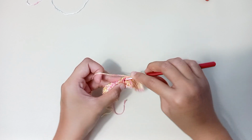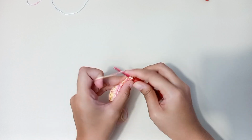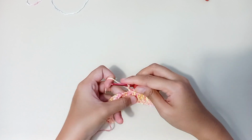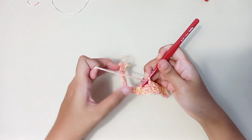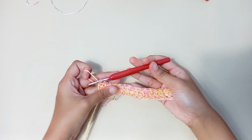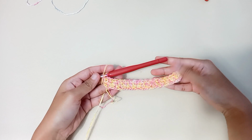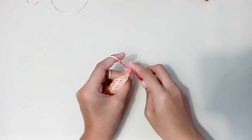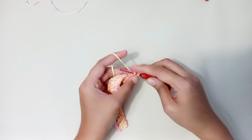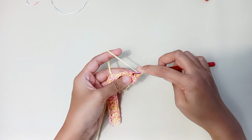Alright, just repeat the same steps, inserting single crochet into the chain 1 space and then chain 1 after that, and you should end up with single crochet at the end of the row. I'm finished with my third row and this is how your work should look like. Now let's move to the fourth row, chain 1 and then turn your work, single crochet into the same stitch,